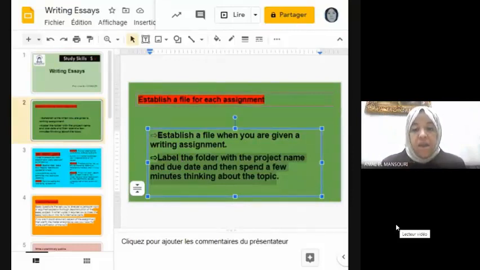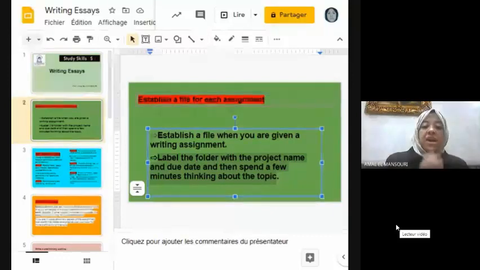The next step is that you have to analyze your question. Are you being asked to discuss, analyze, or evaluate something? The instructional verbs in the assignment question will set out how you will approach the task.